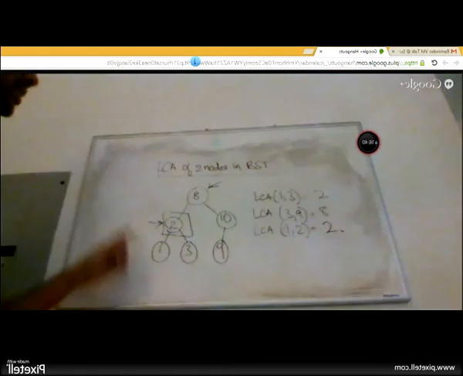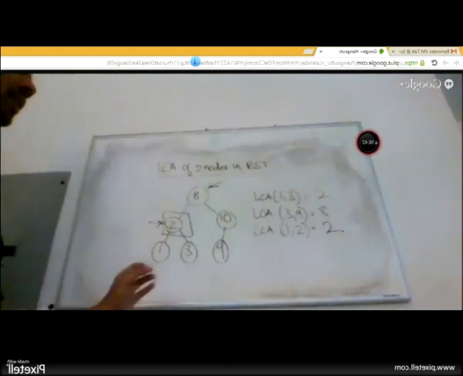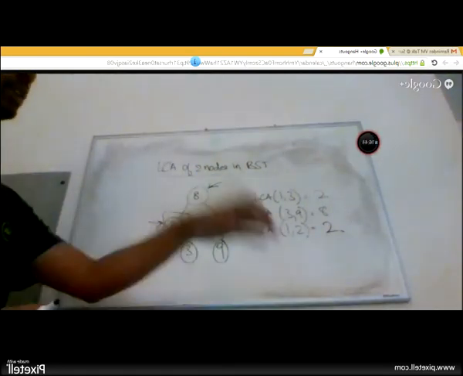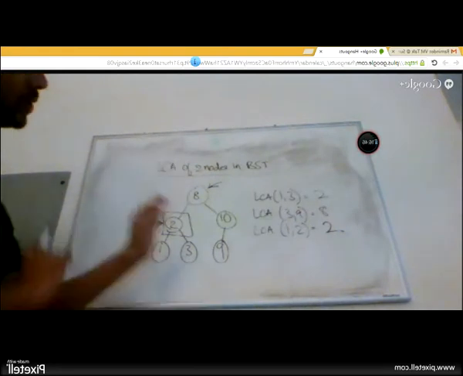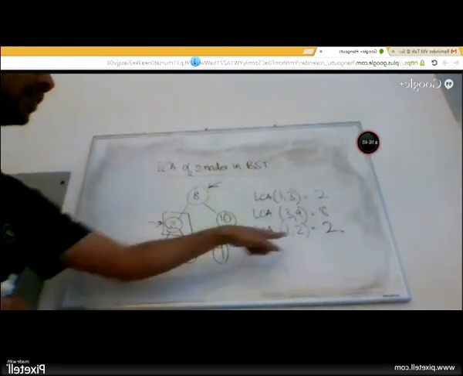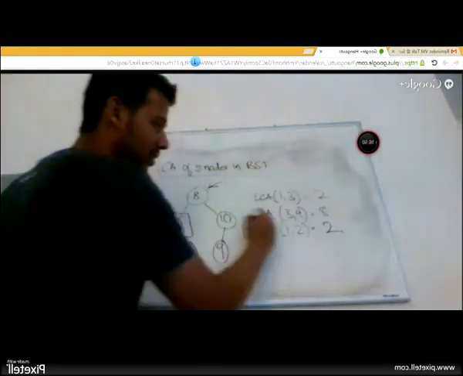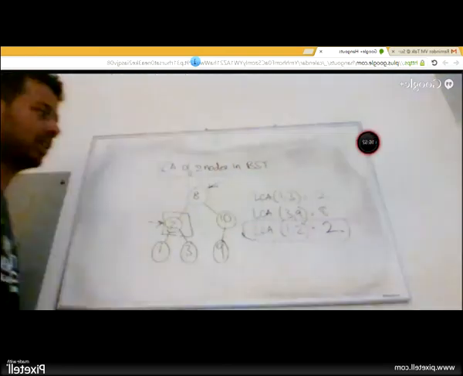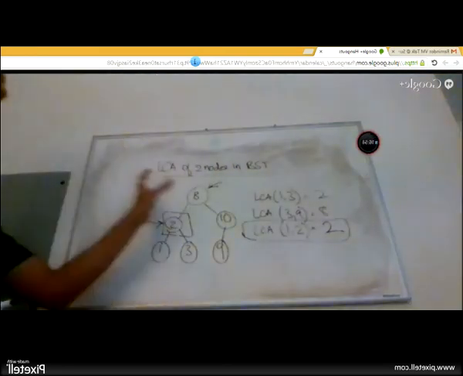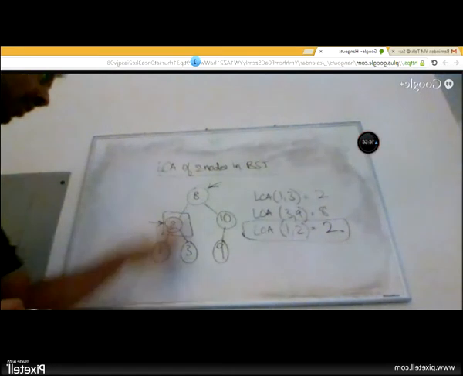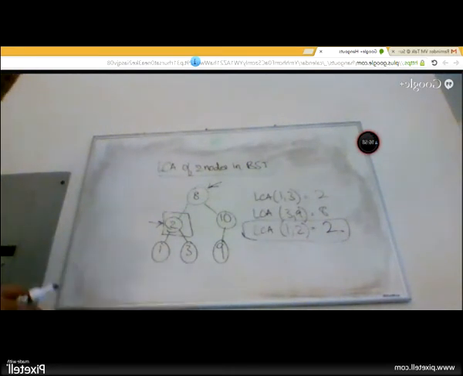If you add an additional condition which says if it is not completely left, go to the left, if it's not completely right, go to the right, else if you have a split, then go to this, you will never get an answer this way. So in your code, you have an if, else if, and then you have an else. And that would give you 2 as the correct answer.